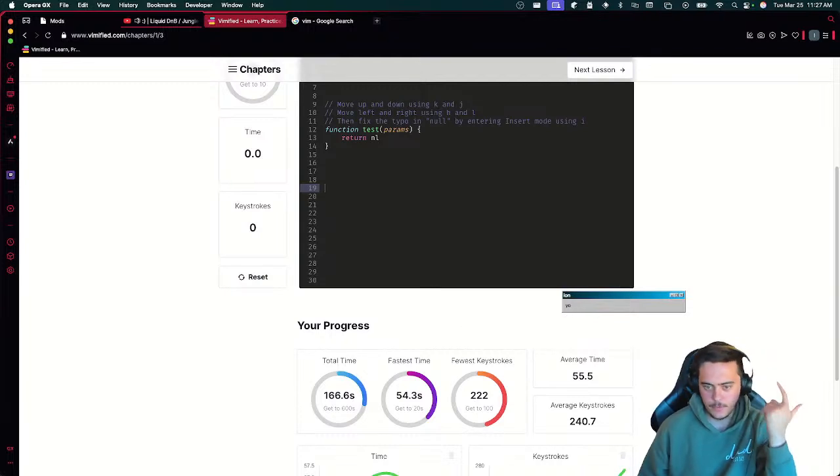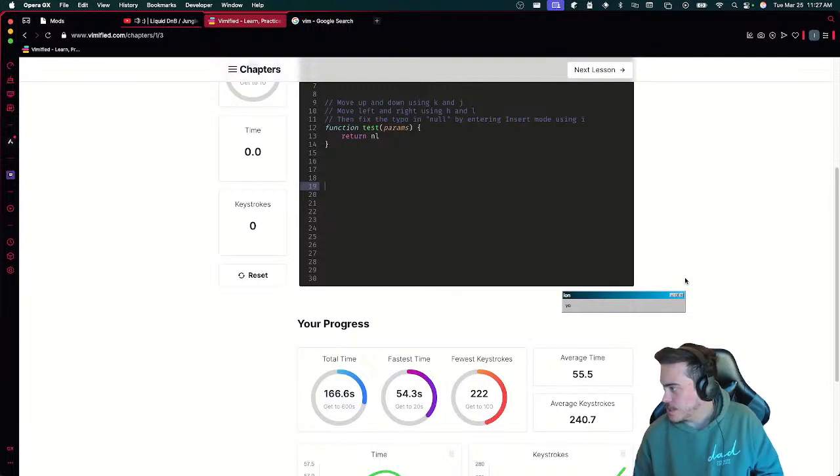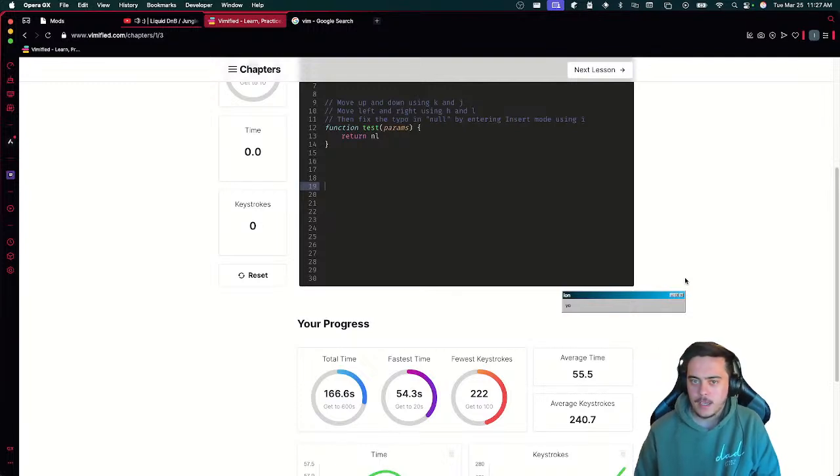Okay, 50 seconds, 54 seconds is probably the best. Wait, what if you copy the correct version and just paste it each time? That would work. I've tried that on this. But the biggest issue is the word function changes where the typo would be, or the typo would be in the word return or null. So I can't necessarily just do that unless I've macroed it. And I'm learning Vim, so the macros are going to be a problem for me to get through.